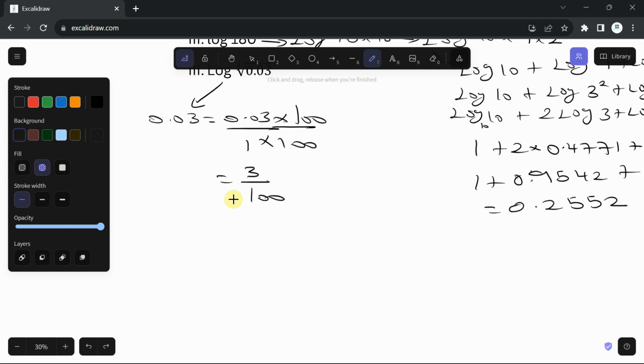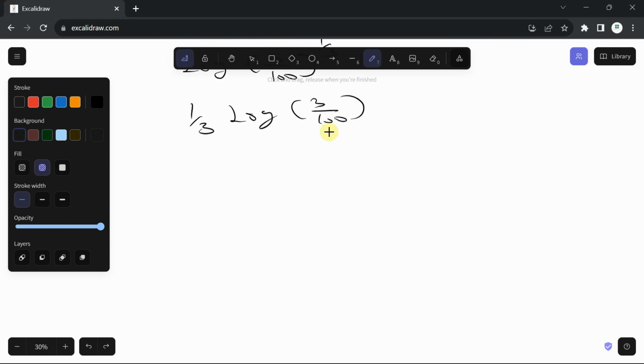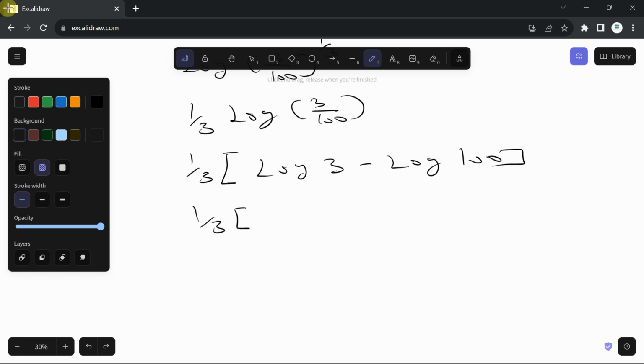Now, when we have this, we can put it back and say this is log cube root of 3 over 100. Now, log cube root of 3 over 100 is the same as saying log of 3 over 100 raised to the power of 1 over 3. From the laws of logarithm, we could bring 1 over 3 down and say 1 over 3 log 3 over 100. Great. So I can reduce this further. So this 1 over 3, open bracket, will be log 3 minus log 100. Right. So 1 over 3 in open bracket, our log 3 is, I think,